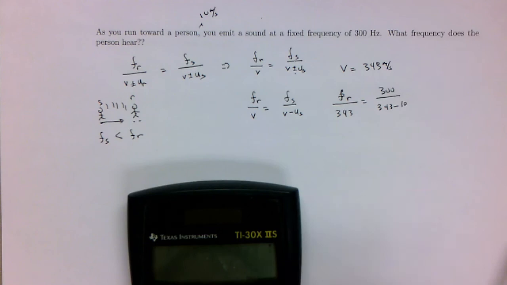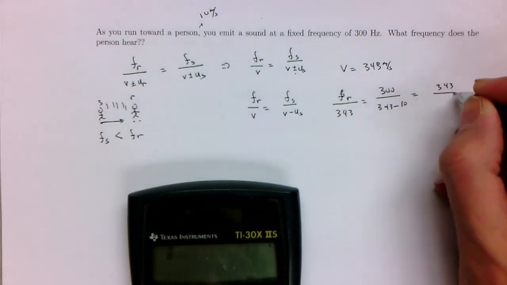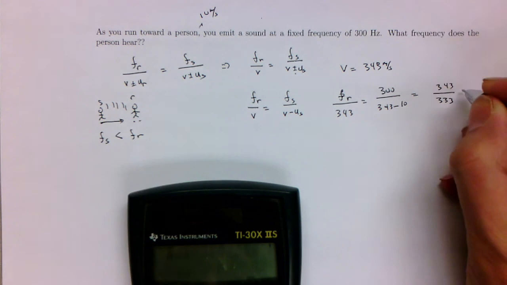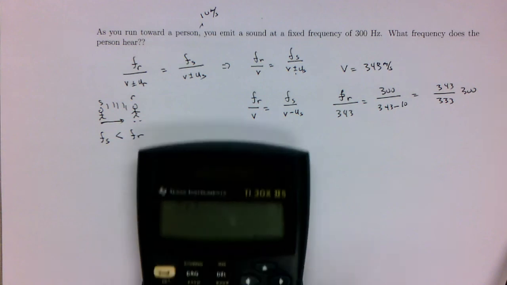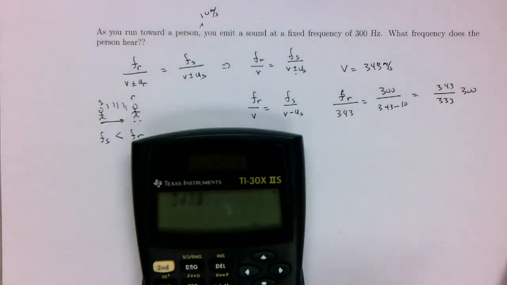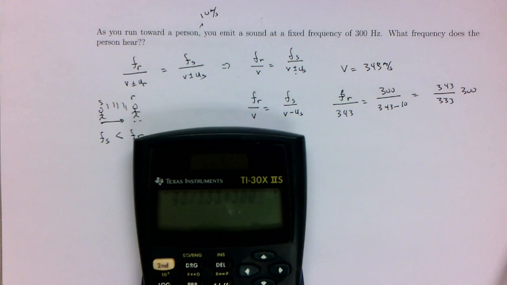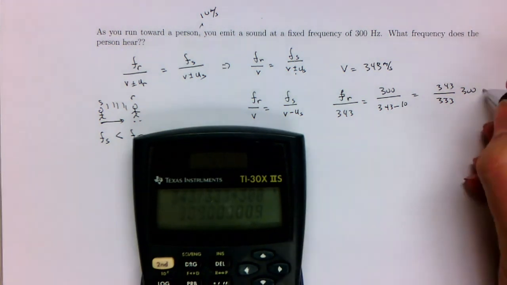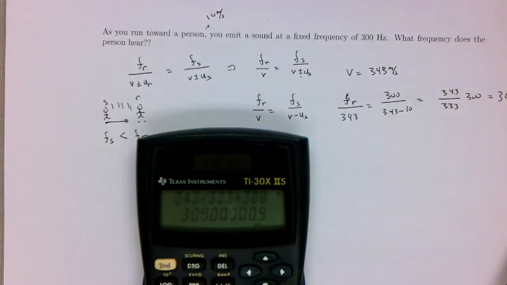So this is going to be equal to 343 over 333 times 300. Right? There's a lot of 300s there. So 343, I'm not sure you can see this, divided by 333 times 300. And the answer is 309 hertz. Okay? So slightly higher frequency. That one you can definitely